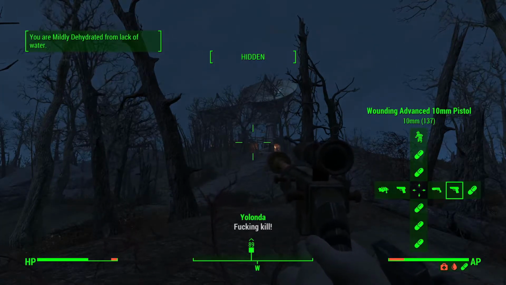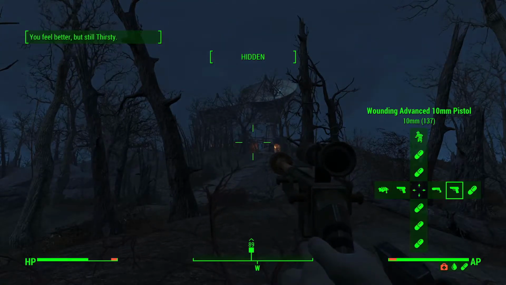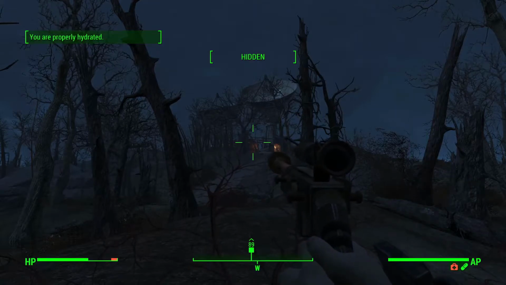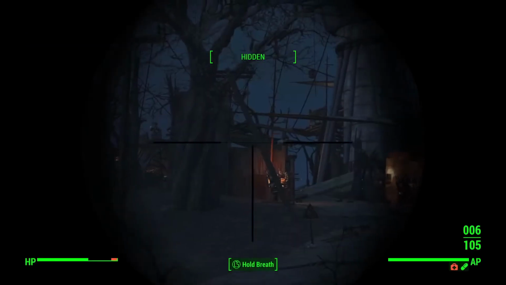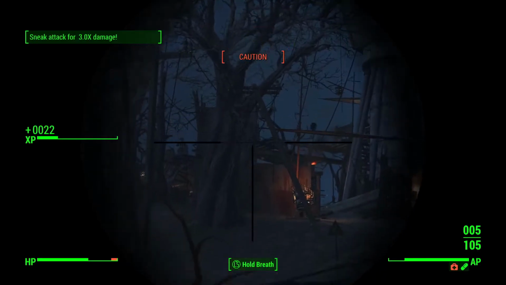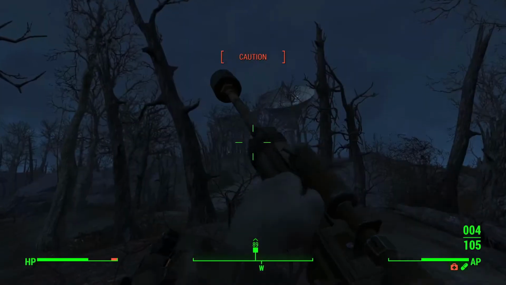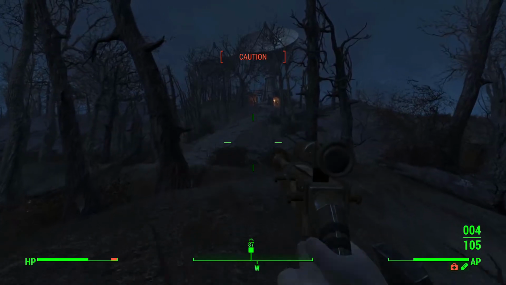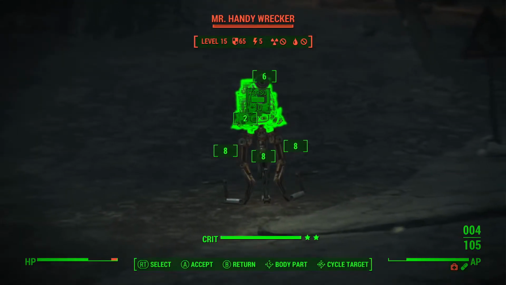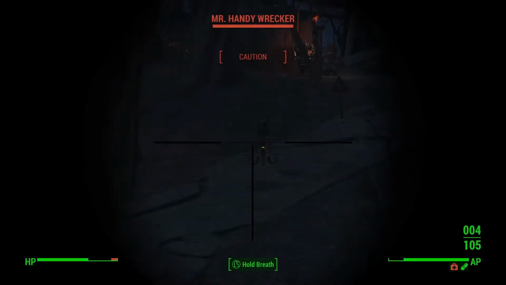Fucking kill! And plenty thirsty from that. This should give us some good hit points. Might have been too far away for that other turret. But there comes Mr. Handy Wrecker. Kind of want to save the crits at the moment. Might be able to...